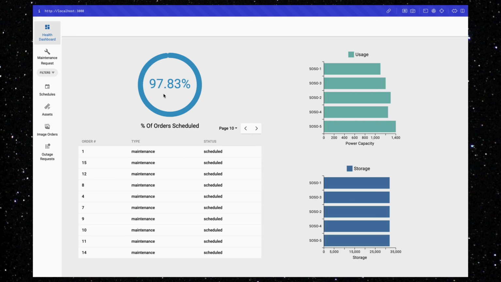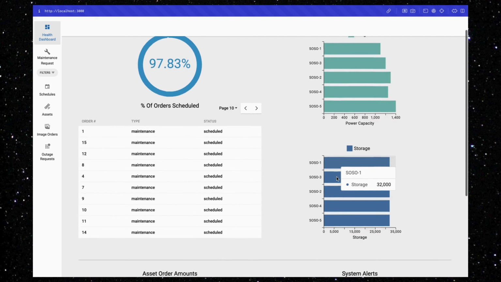For example, in this area, we can see it shows us out of the past 100 orders, what percentage of orders have we successfully scheduled. So it gives us a snapshot of our system. We see we've successfully scheduled 97% of orders, and we can see the current spare capacity and storage of the